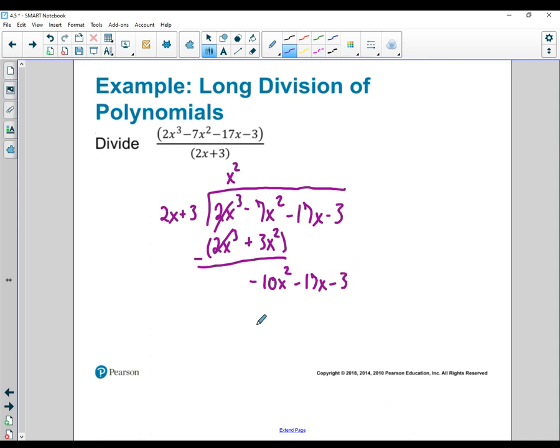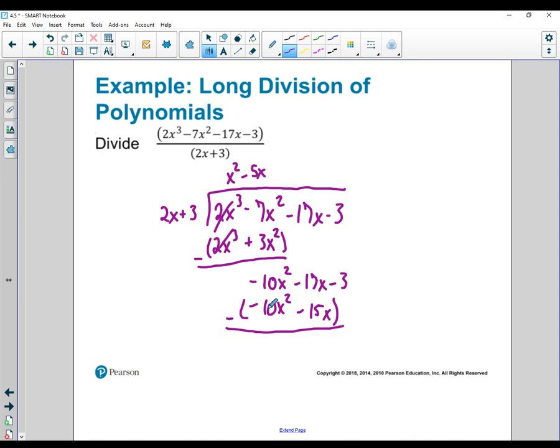All right, now I do the same thing. 2x plus 3 times what gives me negative 10x squared? Well, 2 times, I'm going to need a negative 5, right? And then x times x gets me the x squared. So minus 5x, that's going to get me negative 5x times 2x is going to be negative 10x squared. And then negative 5x times 3 is minus 15x. And here's where I think it's really important to maybe put these parentheses here. It's minus this whole thing,